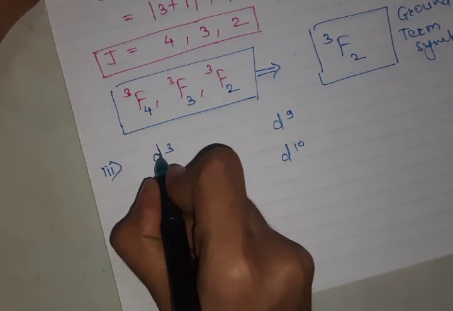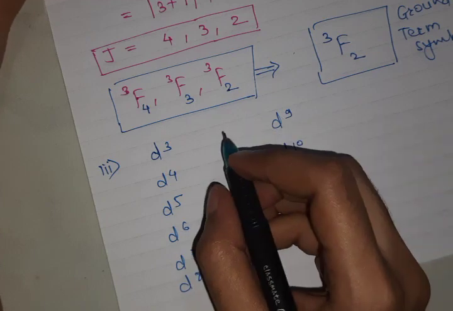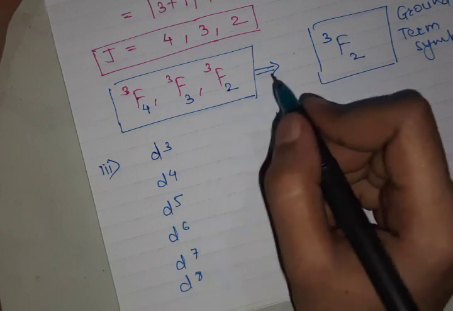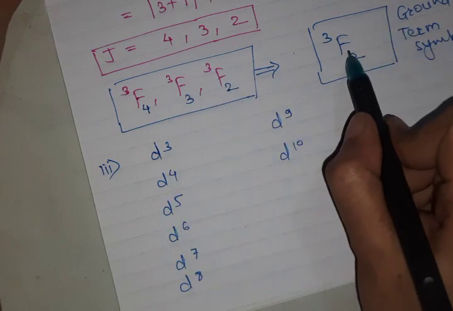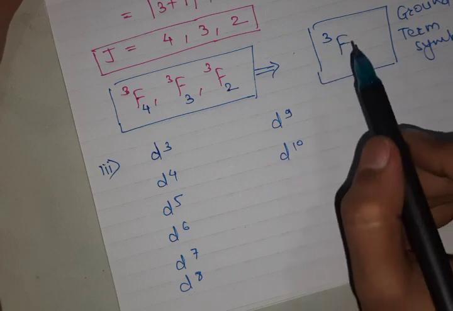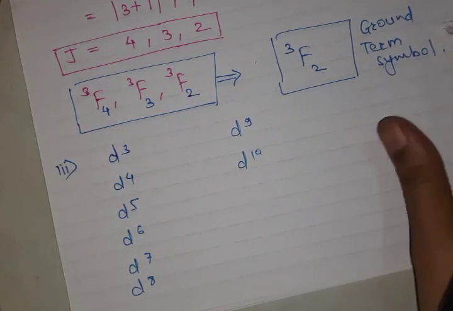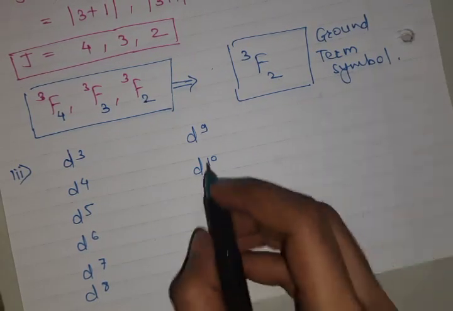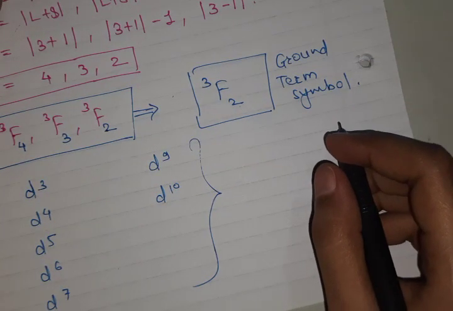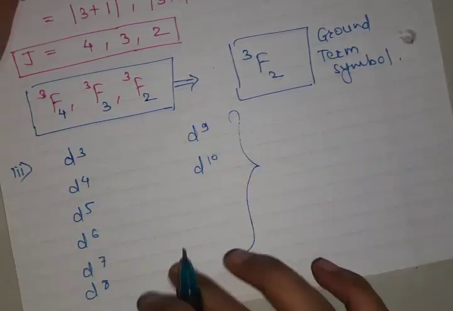You just find out these term symbols and let me know in the comment section whether you got the answer or not. For d2 it is 3F2. For d3, I will tell you in a sequential manner. This will be helpful as a short trick. Just solve these examples. I'll give a few more examples. You just take a screenshot of these electronic configurations that you need to find out.